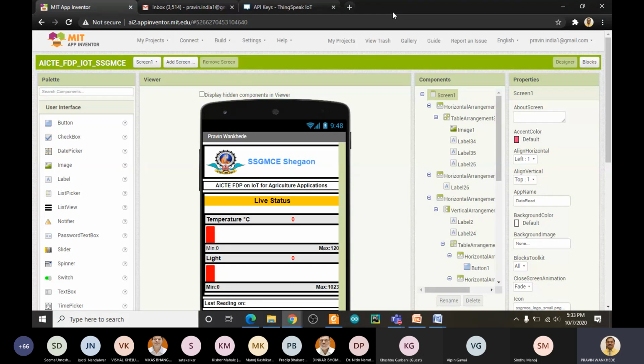Still, for undergraduate students, or for applications where we don't need much data, such as an academic project, or if you have your own farm and would like to read some data on your mobile phone, we don't need any license. For your personal use, it is free of cost. But for commercialization, you have to take a license from ThingSpeak.